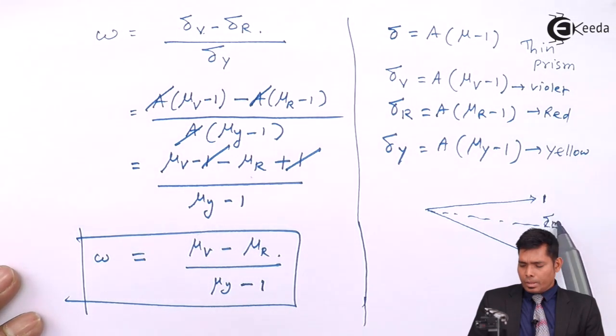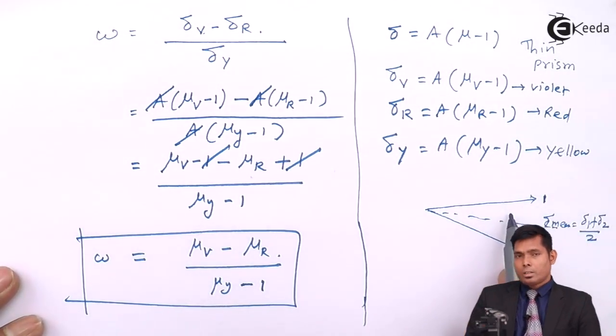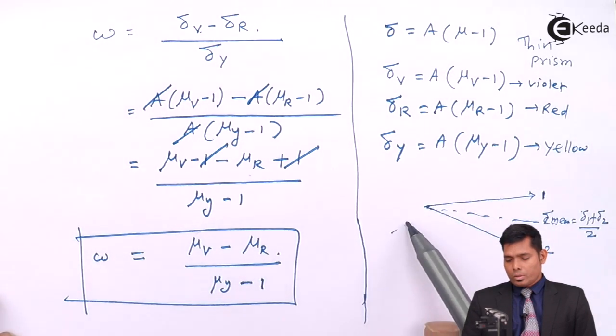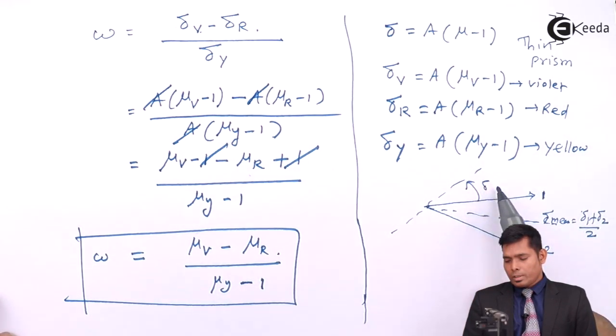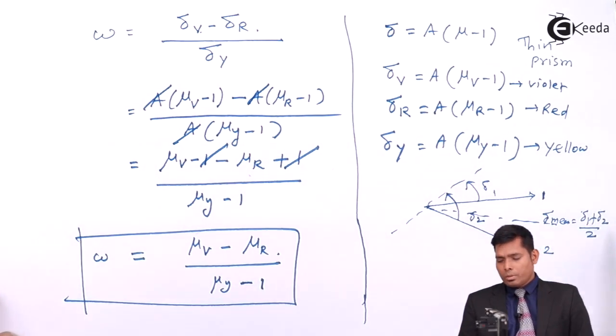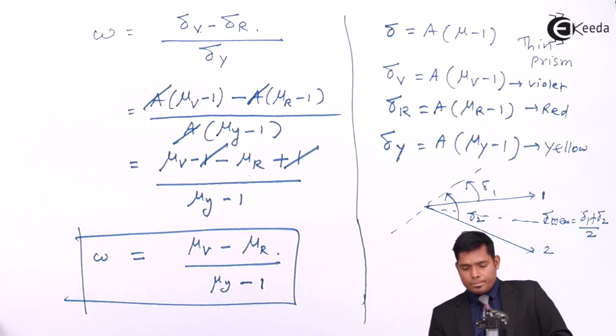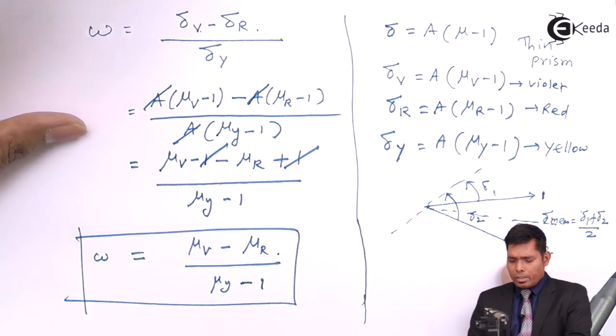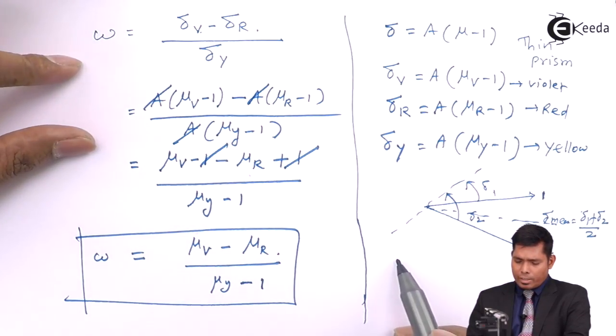Delta mean is delta 1 plus delta 2 divided by 2. We'll take the average of the two deviations produced. This is your delta 1 and this is your delta 2. Then we will take the average of that. That will also do. For white light, these two are violet and red. So therefore for white light I can write